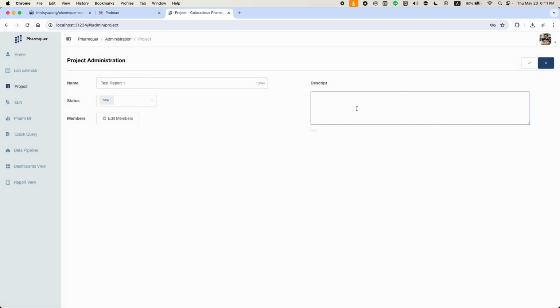The final step is to edit the project description. The platform here supports Markdown syntax, allowing you to add headers or lists to clarify the description.